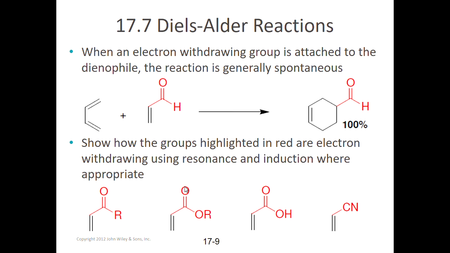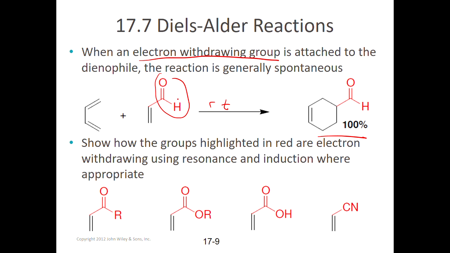And so that usually requires what's called an electron withdrawing group on the dienophile, or the alkene, or the part of the reaction that has the two carbons with a pi system. And if you look experimentally at an alkene that has an electron withdrawing group, you get much higher yields at room temperature. You don't need a high temperature to reach the transition state. So somehow this group is facilitating this reaction kinetically. And we know the product's already favored at low temperatures. The problem is normally we can't get the product to form quickly at low temperatures, but somehow this is speeding